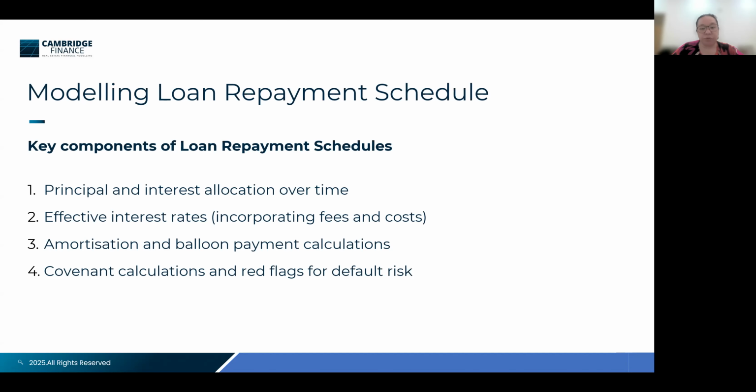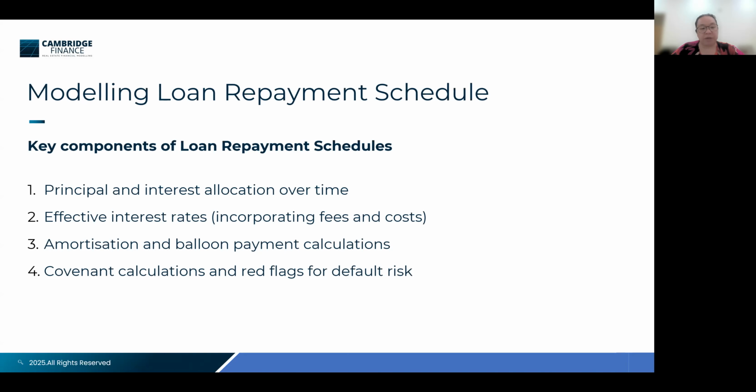Effective interest rate. This is also very important because sometimes we see different offers, and some offers will say, okay, my interest rate is slightly lower. However, the fees are slightly higher. So you need to calculate, in terms of effective interest rates, where I'm better off, where I'm paying the lowest interest rate, if you are the borrower. Or if you are the lender, whether this effective interest rate is enough to pay back my capital, because the lenders will have their own equity that they need to pay back.